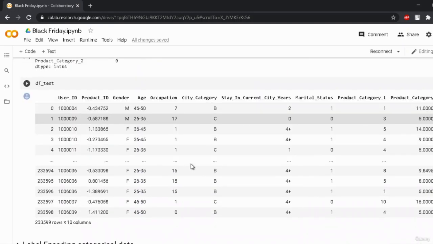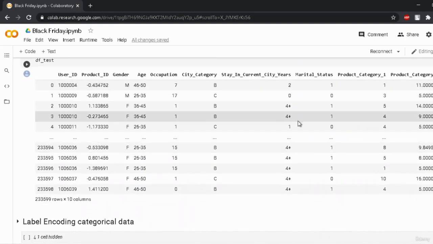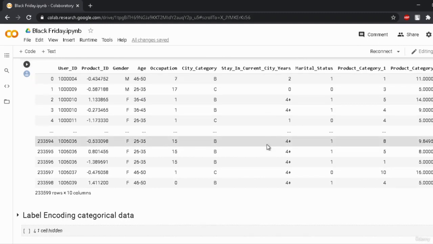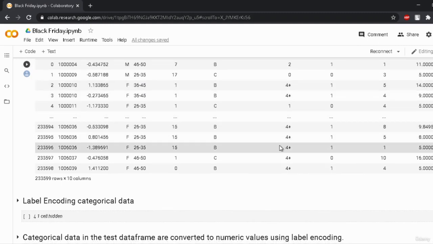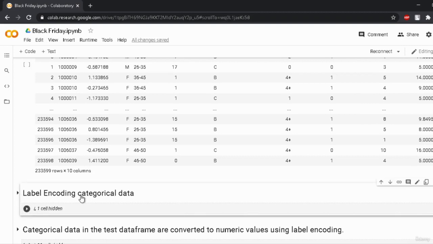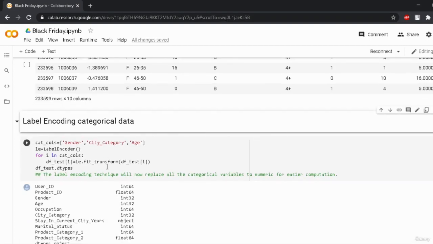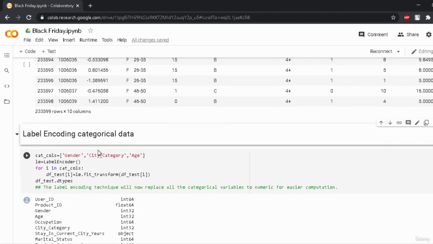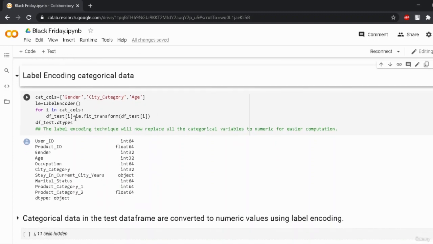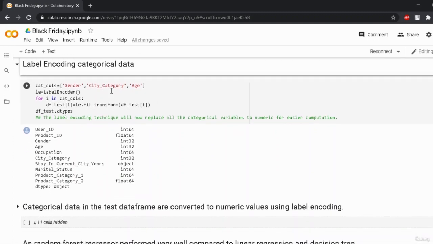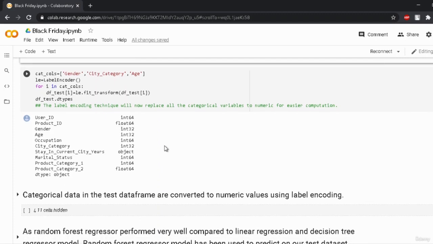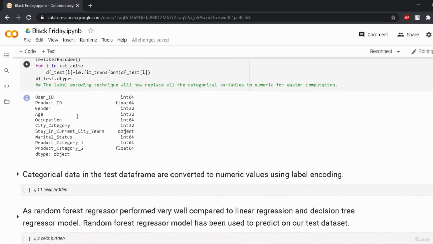And over here this is the data set, and as you can see over here, this column stay current city years has this symbol 4 plus. So let us go ahead and remove that symbol as well, but before that we have to label encode our columns, like gender, city category and age, which are categorical in nature. So we have used the label encoder and encoded these three columns in a numeric way, and over here you can see the columns are integer type again,